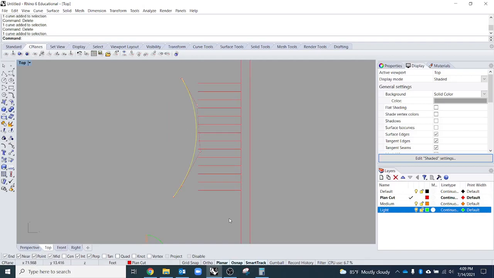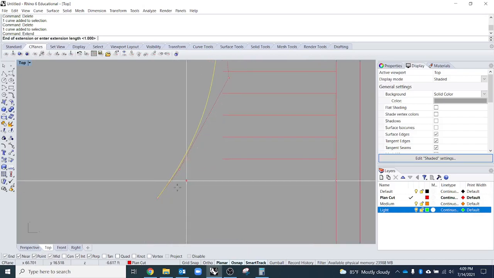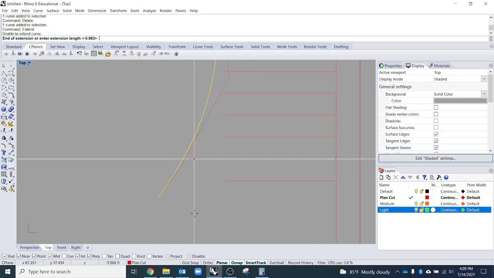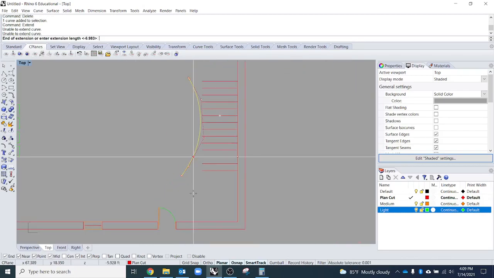So I'll click on the line that I want to extend all those lines to. I'll type in extend, and it'll say select curve to extend. I'll select all of them. Oh, you know what? I did it slightly wrong. When you extend something, you can see it extended them all until they were intersecting or touching that curved line. Just to explain what I did wrong there, if I type extend,